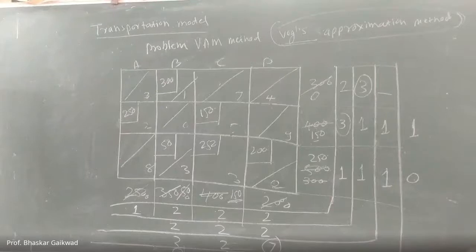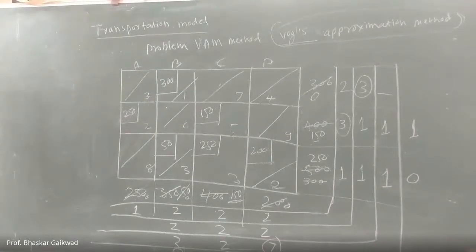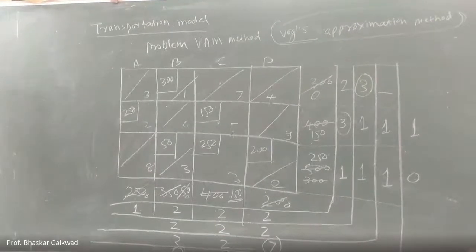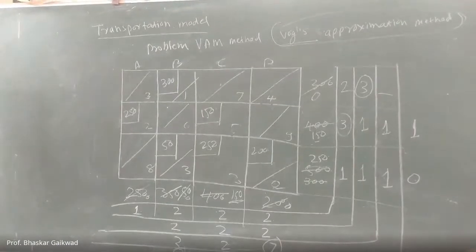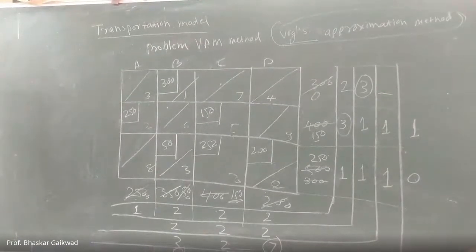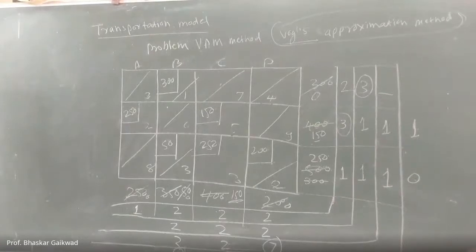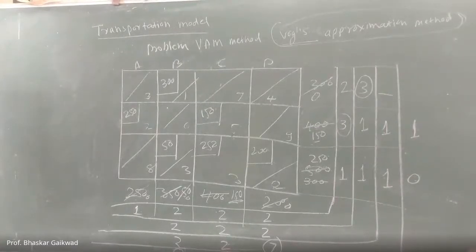Anybody having any doubt, you can ask. This is the third method in transportation models. First method, northwest corner method. Second, least cost method. And third, VAM method, means Vogel's approximation method. So how many allocated cells are there? 1, 2, 3, 4, 5, 6. 6 into